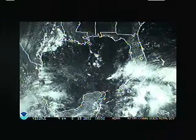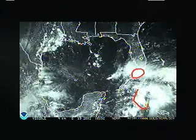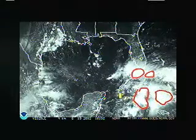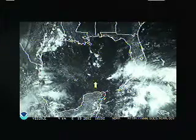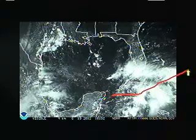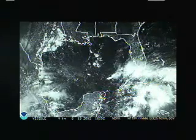A closer shot, you can tell just different cells of convection here, shower and thunderstorm activity, and when you see them randomly scattered like that, you know that it is not very well organized. We do not have a well-defined surface low. It's just a focusing mechanism, this trough of low pressure anchored across this region, or draped is a better way to put it,